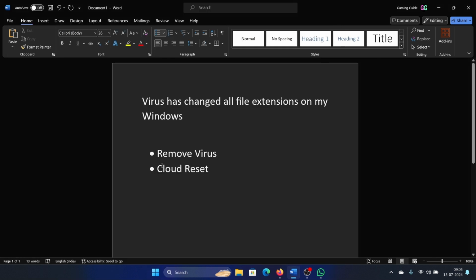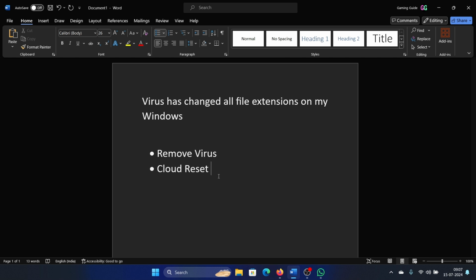Now this is important, but here's the thing. As for the second solution, people are suggesting that you go and reset your settings and reset the default settings for the extensions, etc. I say that when your system is infected by a virus, you cannot be sure of what all has been damaged in total. So in this case, I guess that the best option after this is to perform a cloud